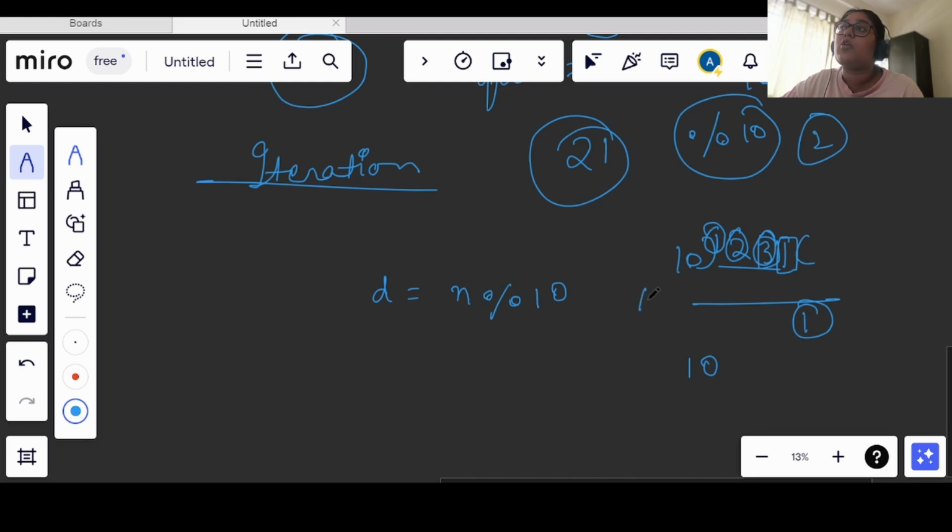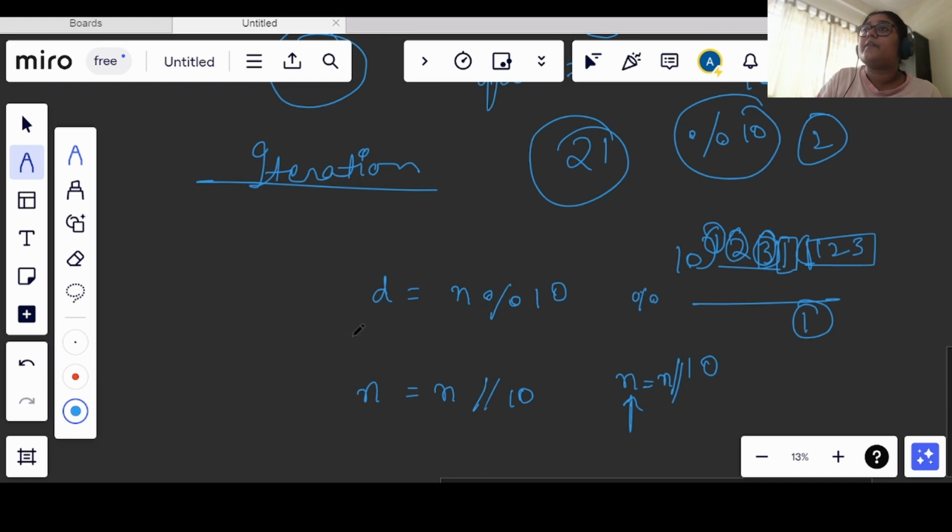Here I was taking the modulus; if I divide it by 10, what will I get in our quotient? I will get 123. So I can simply assign it to my n: n is equal to n divided by 10.